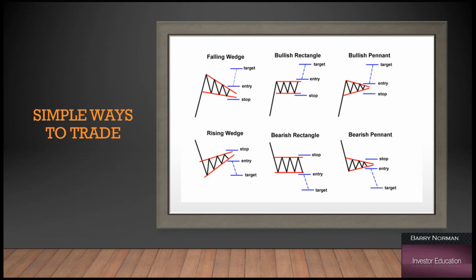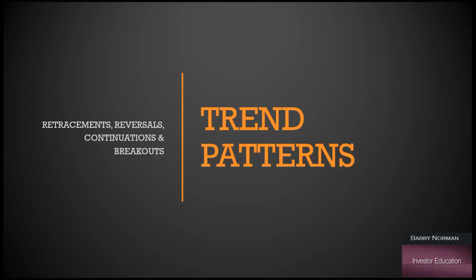So there's many simple ways to trade. We have these formulas to set your stop loss, your entry point, your target point for all the patterns out there. And you'll find that they're pretty reliable. The only thing you have to be aware of is when you set your entry or your target point, you must look at the most significant support or resistance level above or below that pattern. Because if it is beyond the target point, you have to readjust your target point to be slightly below that resistance or that support level.